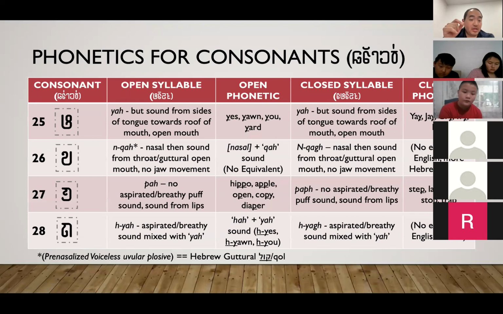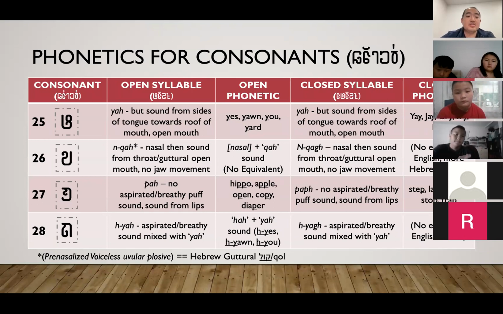But it's not a hard P sound. There's no puffy sound. It's not a puffed pa, but a soft pa, okay? Hippo, apple, open, copy, diaper. Now that's the open syllable. The closed syllable is,